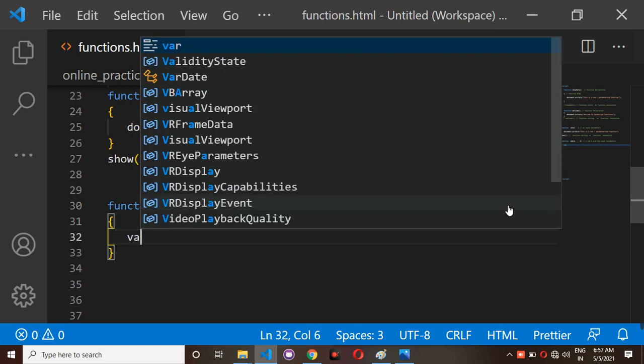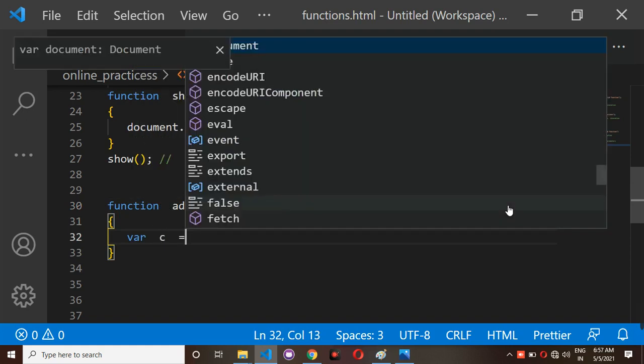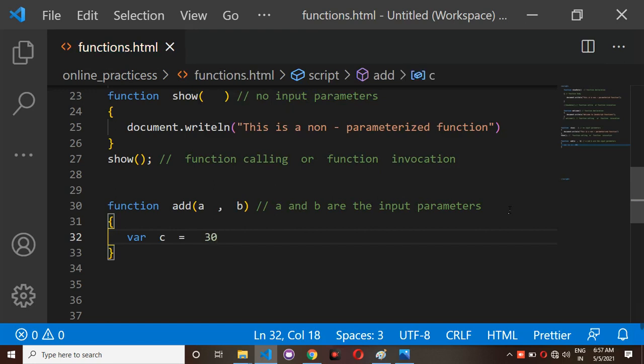Inside, I have c equal to 30, we have to give it like this. But instead of giving a direct value to the variable c, in place of this 30 I am taking this a as it is. After that I am using a plus symbol, meaning I am going to do an addition operation.